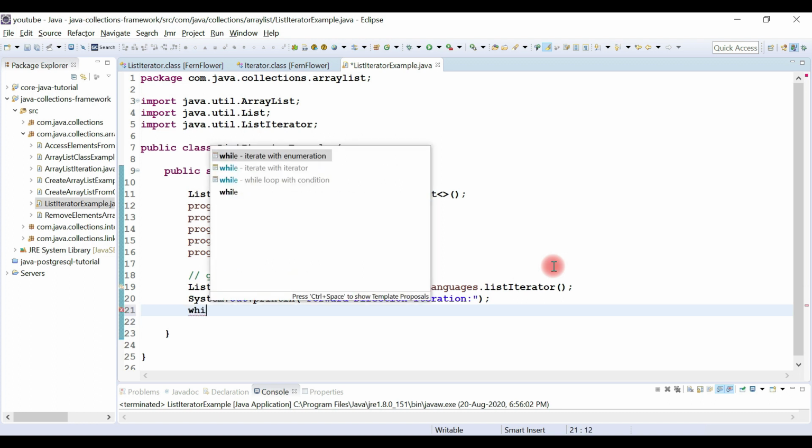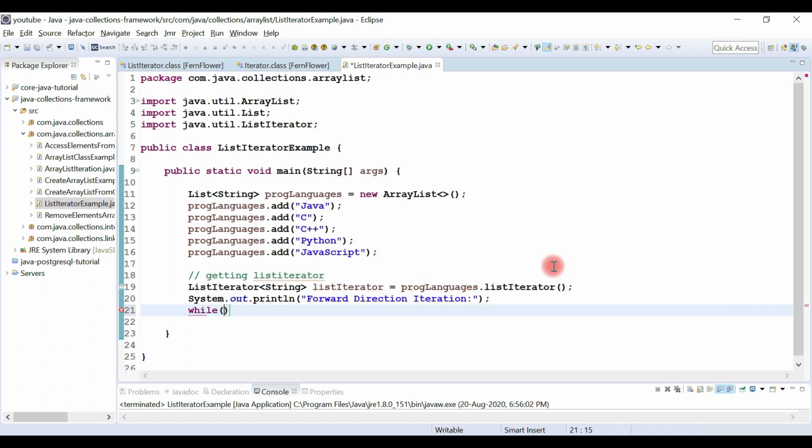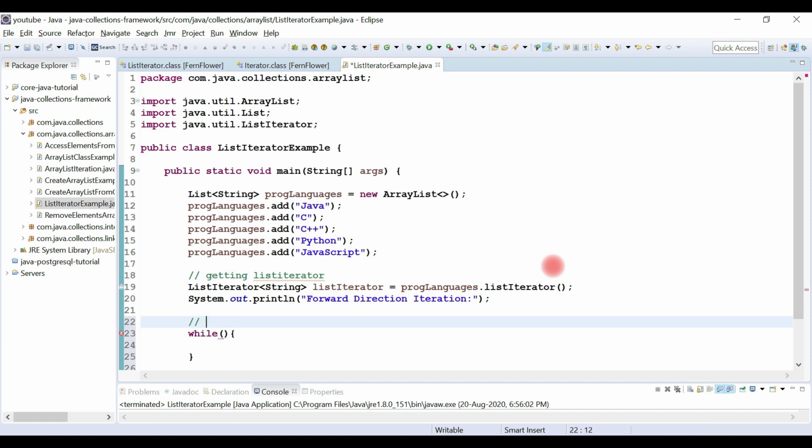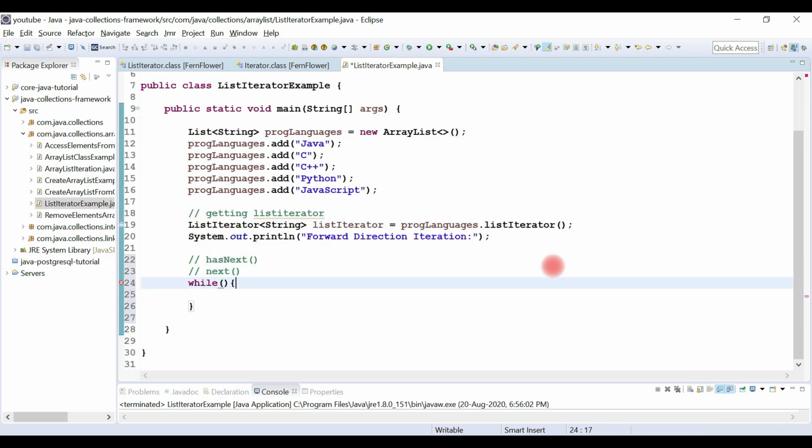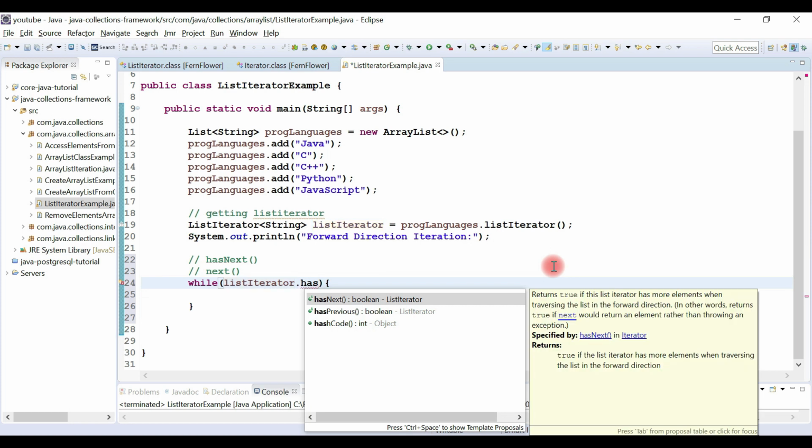So here I'm going to use a while loop. As I mentioned earlier, we are going to use the hasNext and next methods to do forward direction iteration. In the while loop I am going to call the hasNext method, so it will check whether an element is there or not.